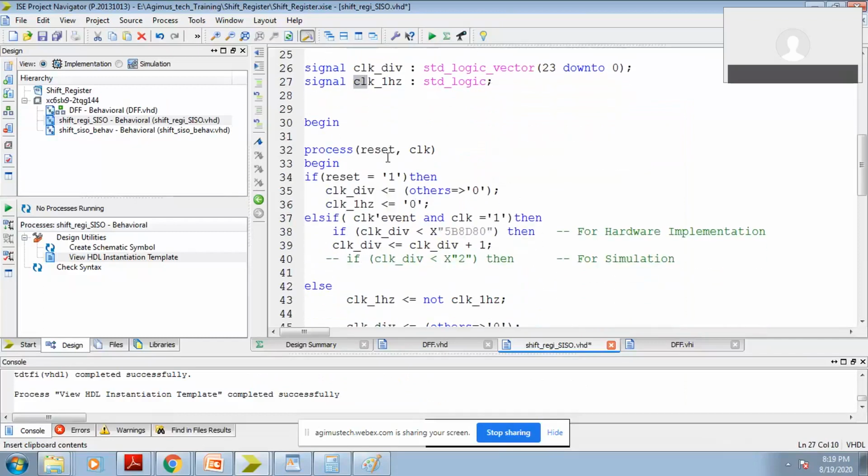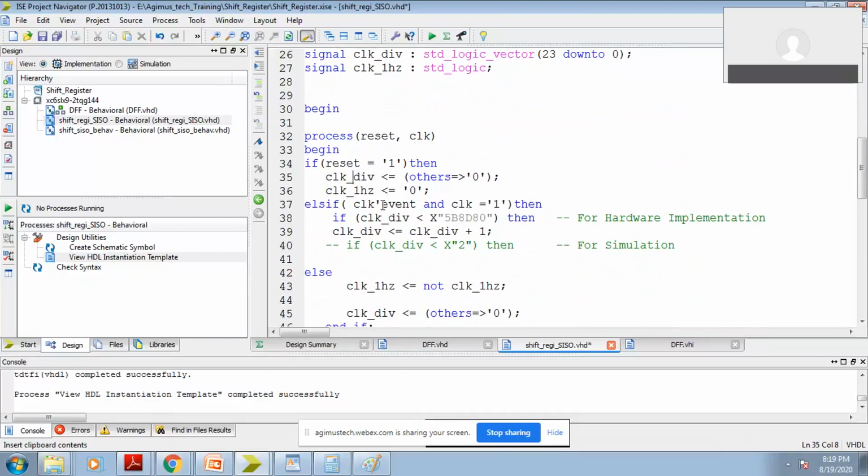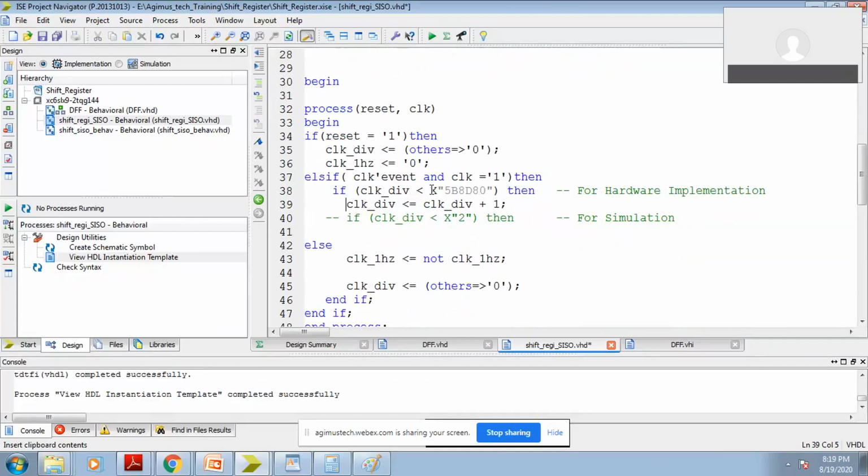Now reset: clock div is 0, clock 1 hertz is 0, and whenever the clock tick event is there, we are incrementing the clock div by 1.